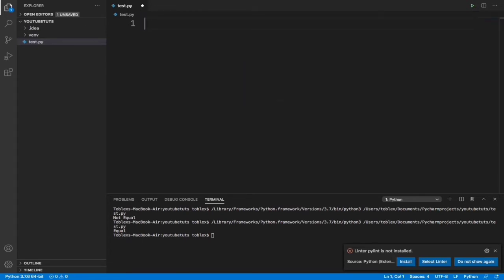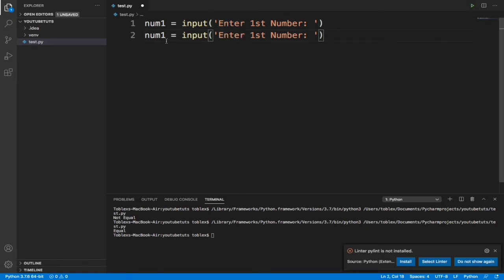Now, we can just quickly do a simple application. We can tell if two numbers are equal. We can just do num1 equals input. We will tell the user to enter first number. So let's just copy this, and now num2, you can tell the user to enter second number.